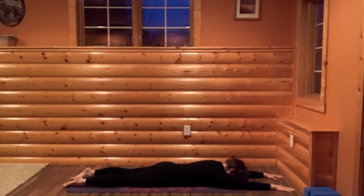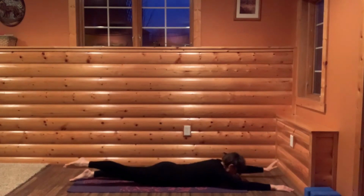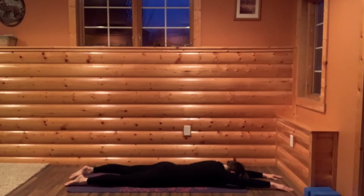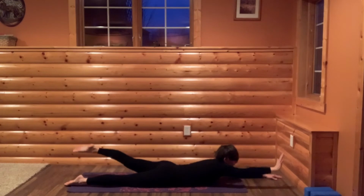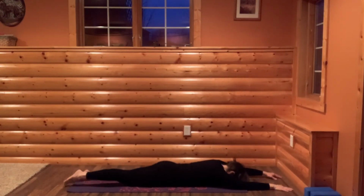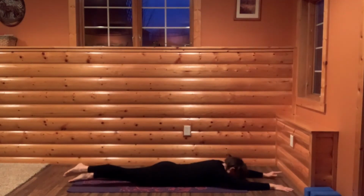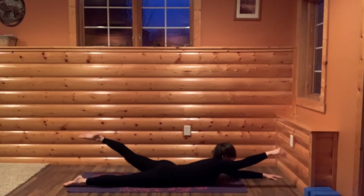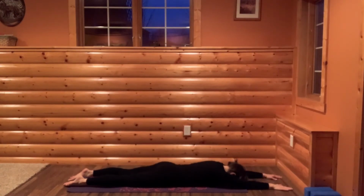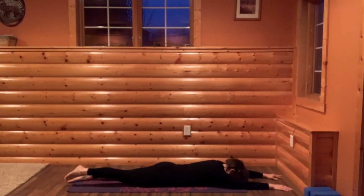So now I'm going to have our brains work a little bit. So bring your right leg up and your left arm up and down. So as you breathe in now, bring your right arm up and your left leg up. As you breathe in and then exhale down. So breathing in, left arm, right leg, exhaling down. Breathing a couple of times with your own breath, breathing in and out,